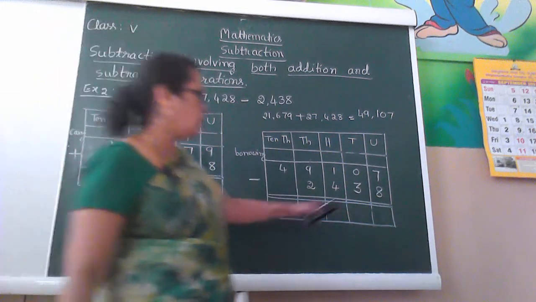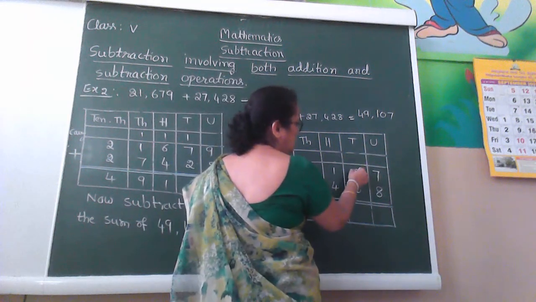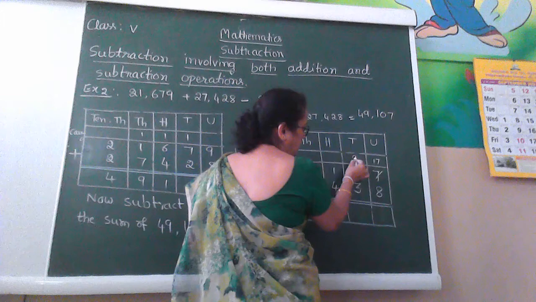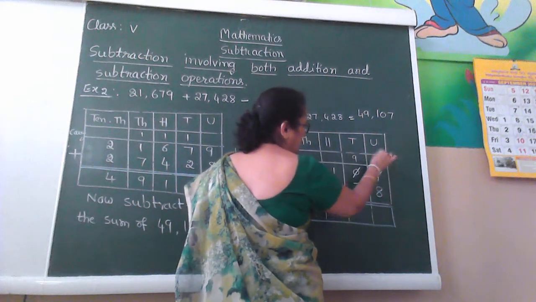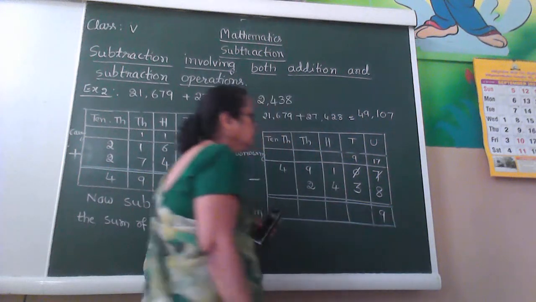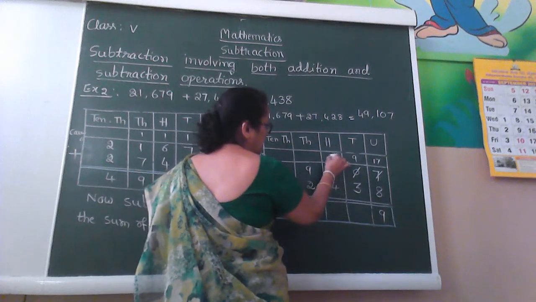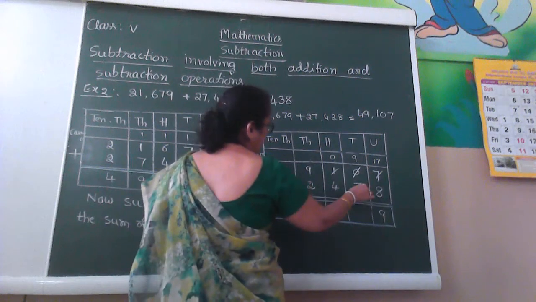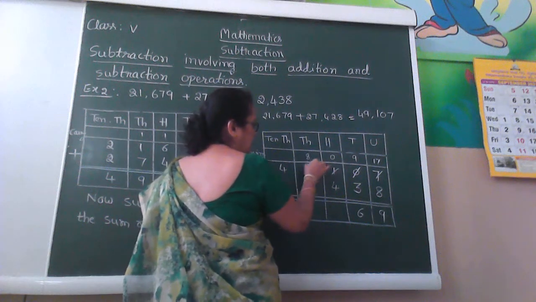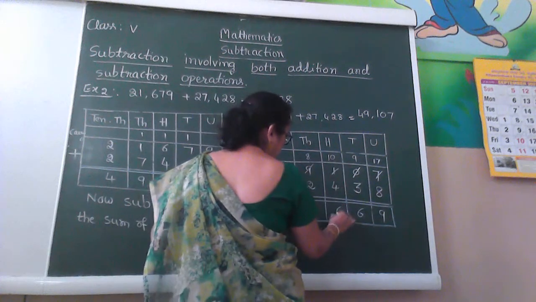No, because 7 is small. So next, we have to borrow from the tens place. So it is 10, it becomes 9, then you cancel it. So you already borrowed 1 from here, write this 7 here. 17 minus 8 is 9. Here you borrowed 1, so this one also you cancel, it becomes 0. Now 9 minus 3 is 6, you can't subtract it, cancel this, it becomes 8 and borrow 1, it becomes again 10. 10 minus 4 is 6.